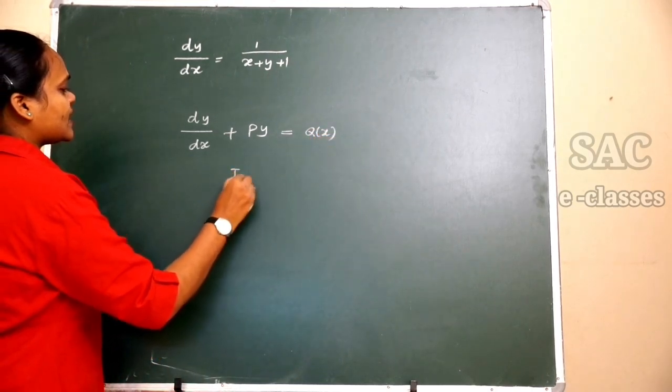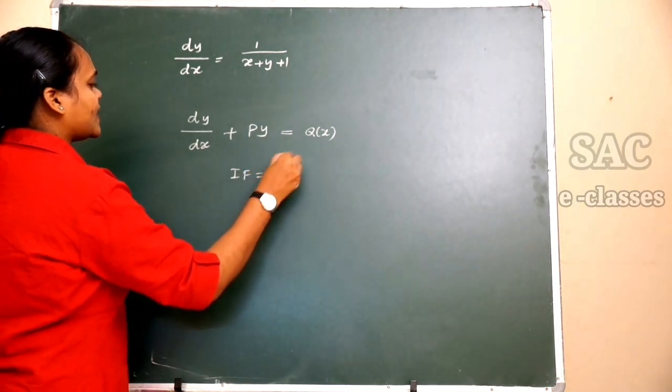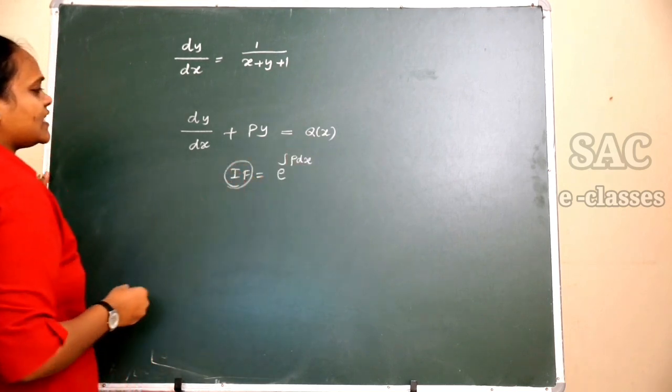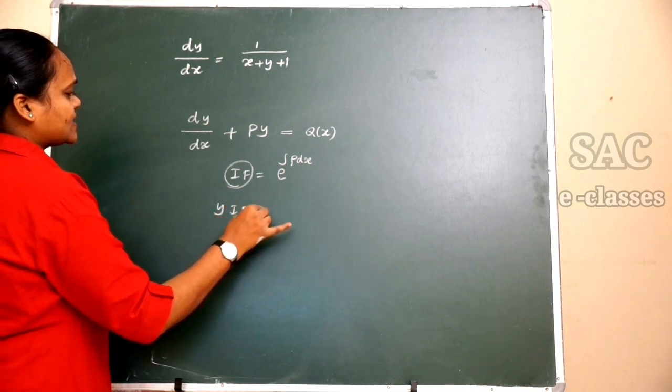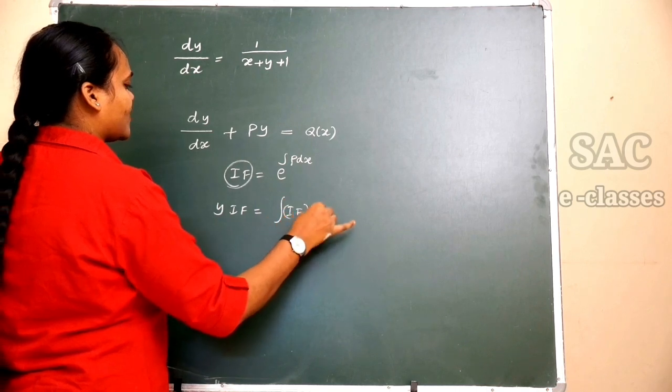You know that the integrating factor is e to the power integral of P dx. You will get some integrating factor in terms of x. So y into the integrating factor is equal to the integral of the integrating factor into Q of x, which is its